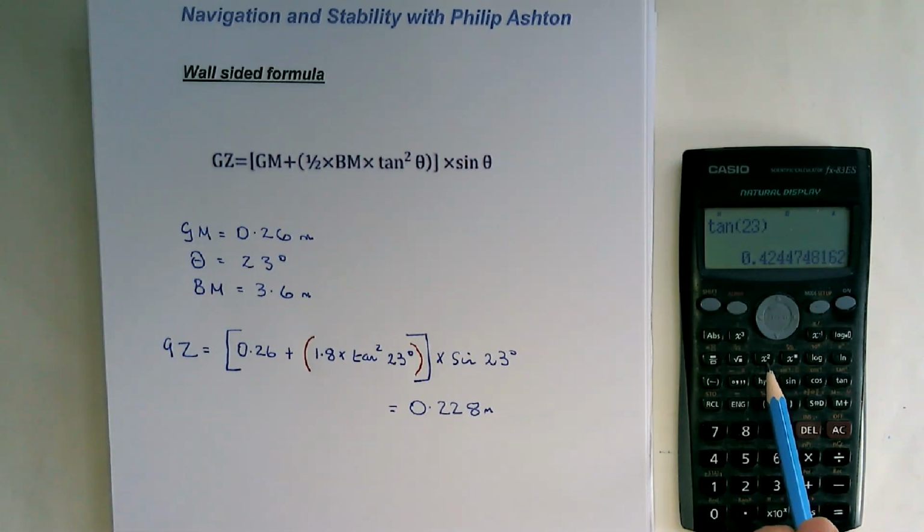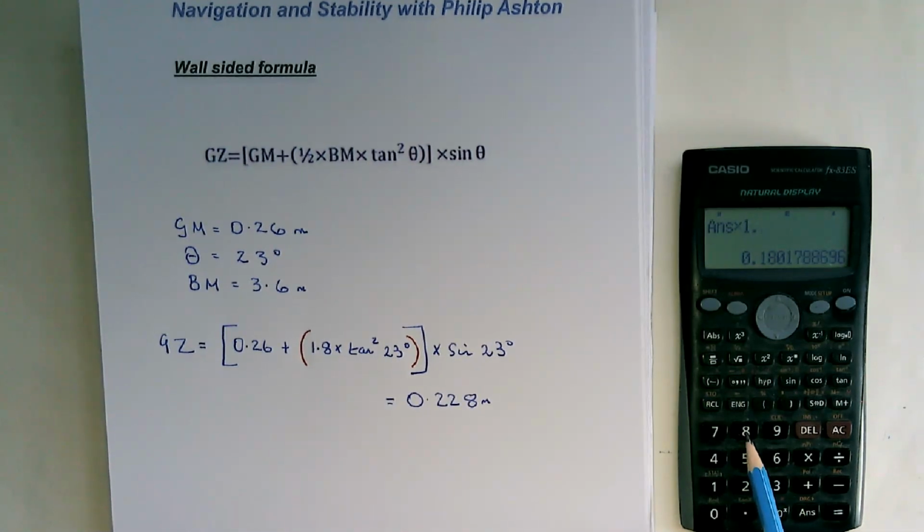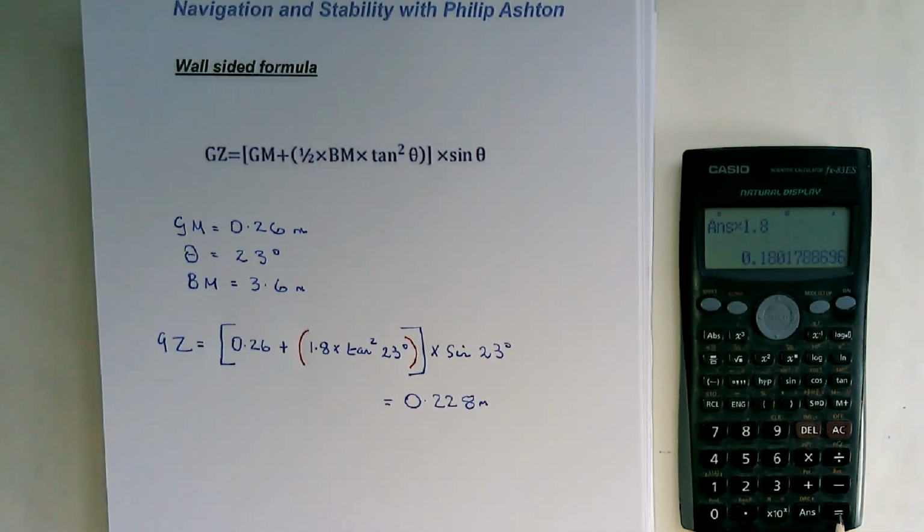Then press x squared because you're squaring the answer, equals. So now we've got that value. We multiply by 1.8, which is half the BM, equals, and then we add 0.26, equals. Now all that remains is to multiply that by the sine of the 23 degrees, and we get